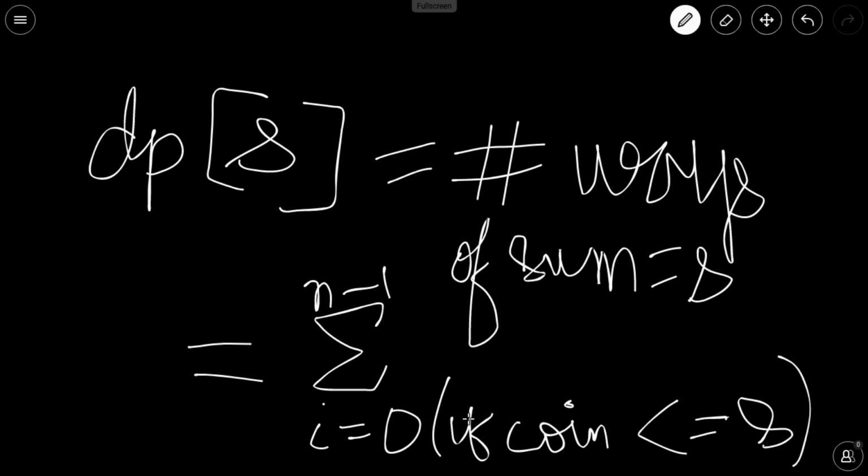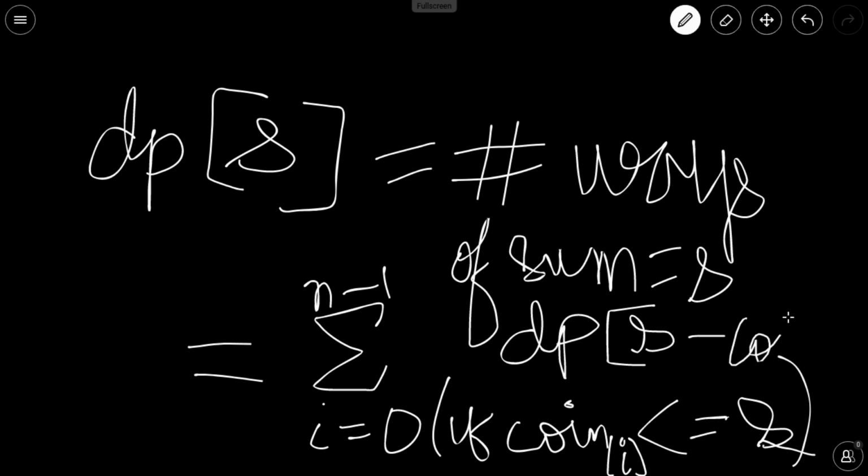So if coin i, which I am writing in subscript here, is less than or equal to s, then only we will include it in our answer. So it means that we need to now sum up dp of s minus coin i, where coin i is the value of the ith coin.